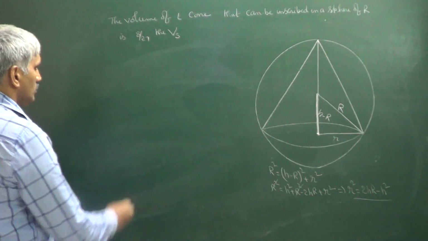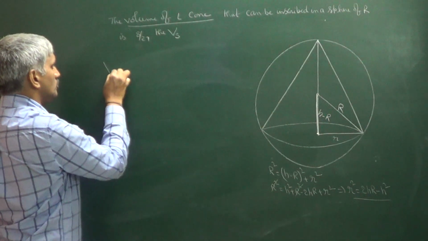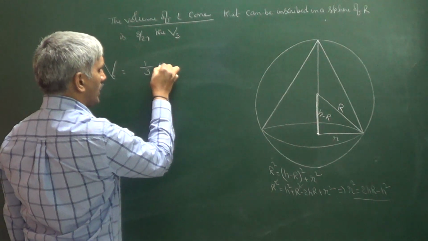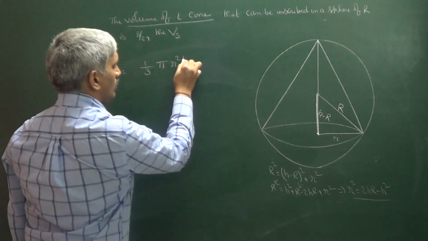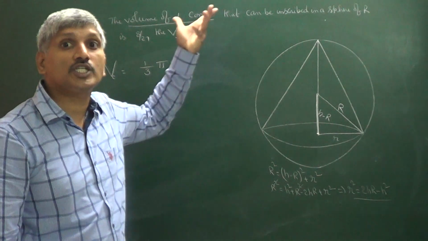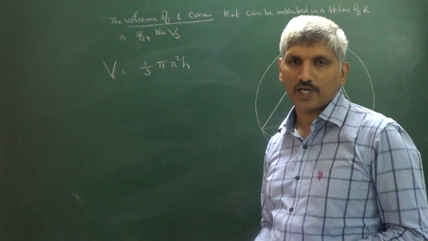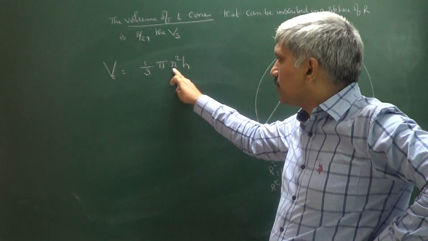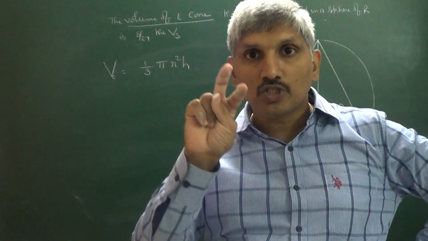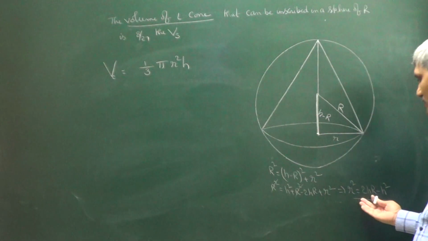So what is being asked? Volume of the largest cone. What is the cone volume? Cone volume is equal to 1/3 pi r square h. No doubt this we have to differentiate, since the cone volume is maximum. But to differentiate this, we have two variables, r and h. These two variables we have to convert into a single variable with the help of this equation.